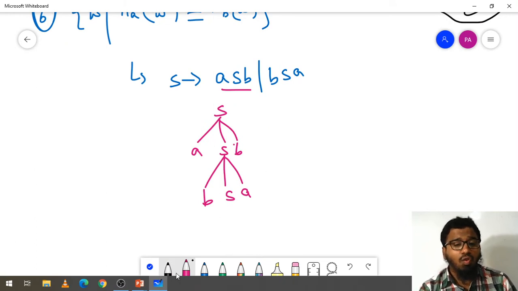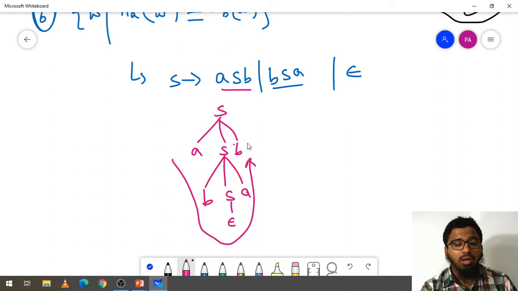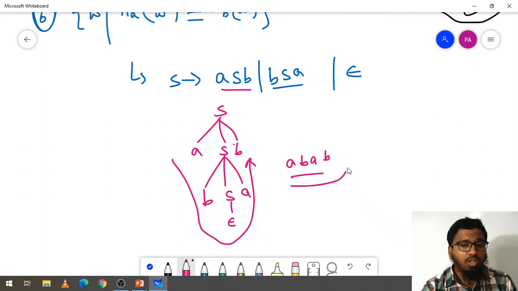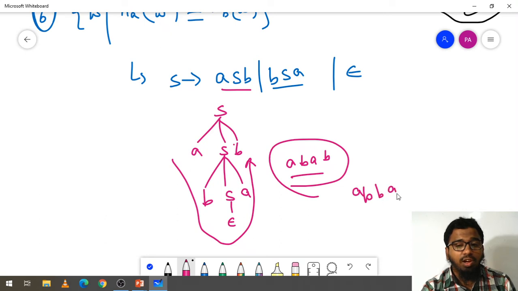So here for the terminal, because we need to stop, because this also has a non-terminal and this also has a non-terminal, so we must have the epsilon. So here I am adding epsilon. So what is the answer for here? Here is AB, okay, AB. But if you go this way, you will not get this string here.